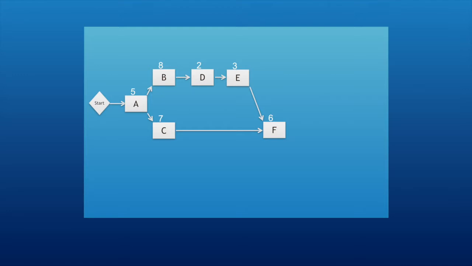Now if you look at the chart, you will see that activity F depends on activity E and C, which means to start activity F, activity C and E both have to finish first. So you can see how activity F will come after C and E both. And then the last thing we have is activity G, and activity G depends on F, and activity G will